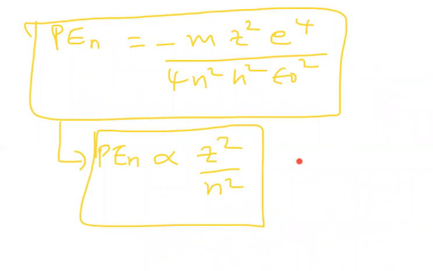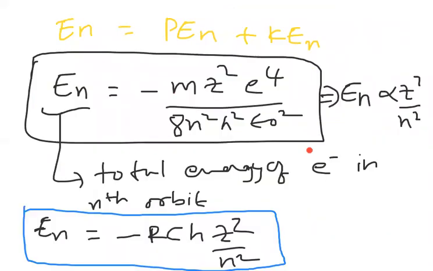Don't worry about the short formula, beta, that I discussed in the total energy concept. The same thing you have there, here also; the last conclusion only will give us. So here total energy is equal to potential energy plus kinetic energy. If we add the potential energy expression and the kinetic energy expression, we finally get this value, with m, e, h and epsilon naught in the form. But we can also replace that using R, the Rydberg constant, c, the speed of light, and h, Planck's constant. By using the Rydberg values, we can even write it like this also.